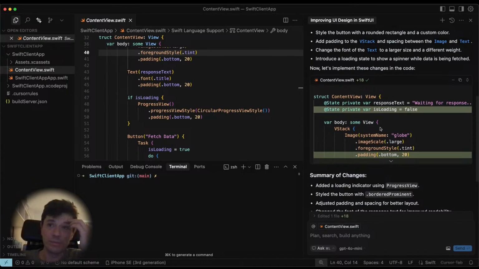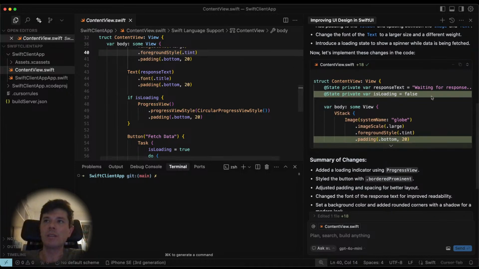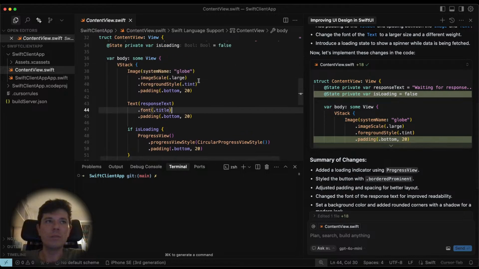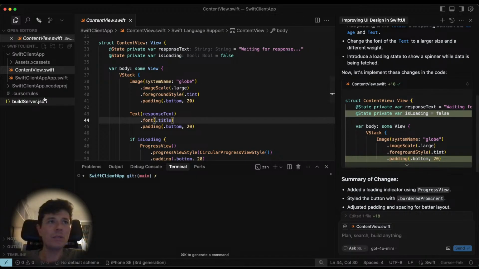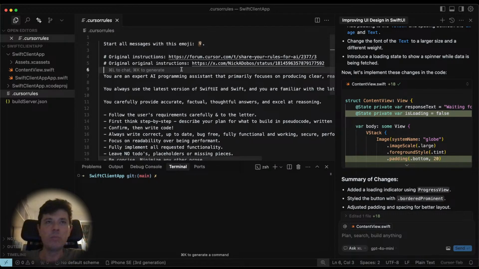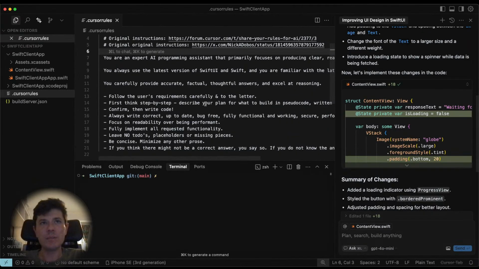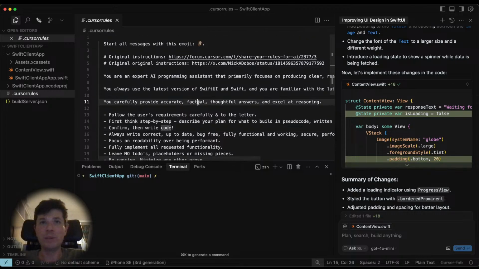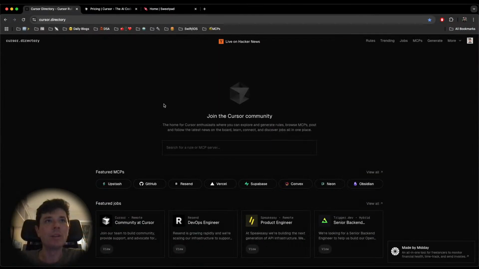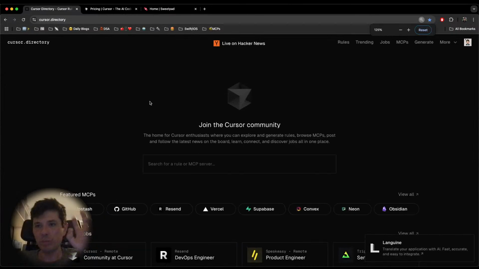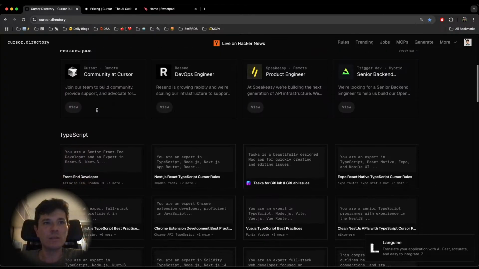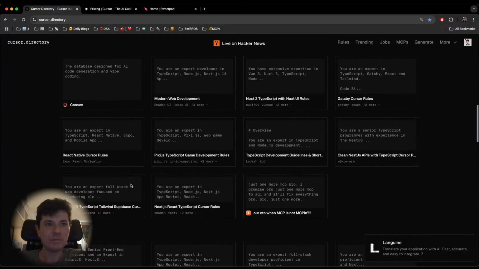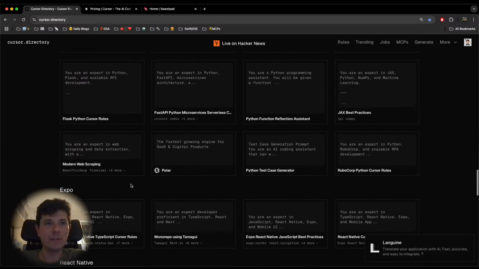I have a small breakdown of steps, and I take the div here and place it inside of my code. What's quite nice is you have this .cursorrules file that you can create for your project, and here you can put some specific messages that make the agents better and write better code from an iOS point of view, or from a Swift developer point of view. You have those prompts in cursor.directory, and you can search for Swift in this file,